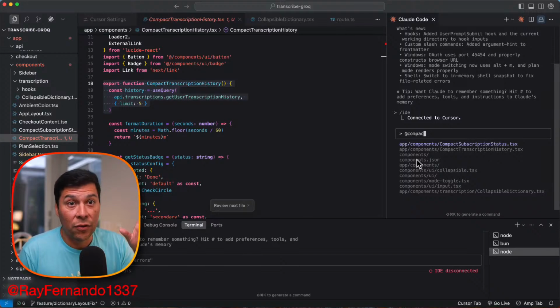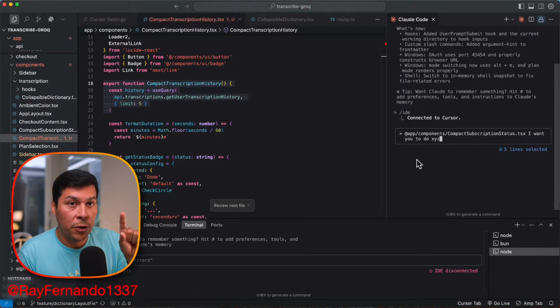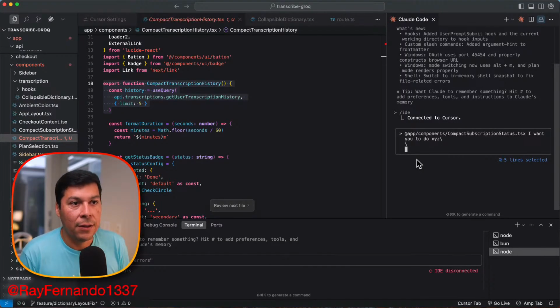It'll actually do the search for you, and you can use the up and down arrows to select the file for context. So when I hit enter, it already has that file in context. Then you can just type in, I want you to do X, Y, Z. And if you want to create a new line, you hold Shift and hit enter, and you see it creates those breaks for you, which is super awesome.